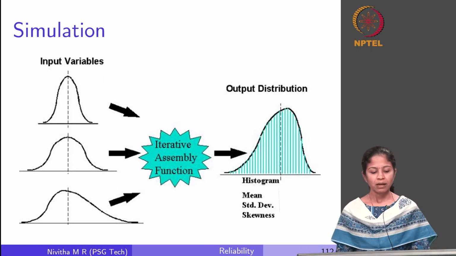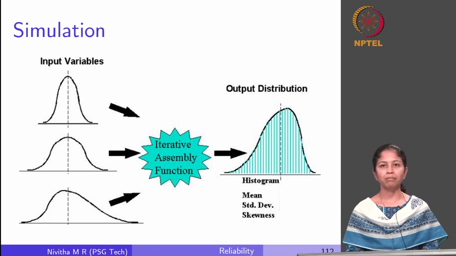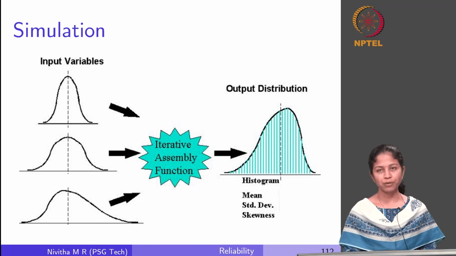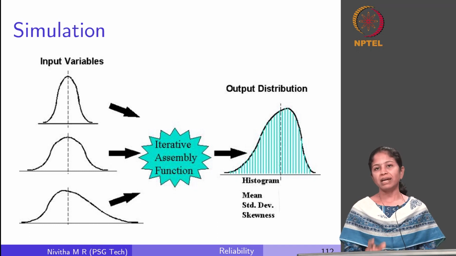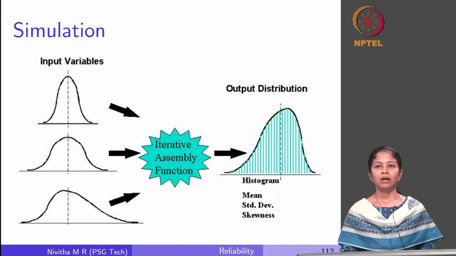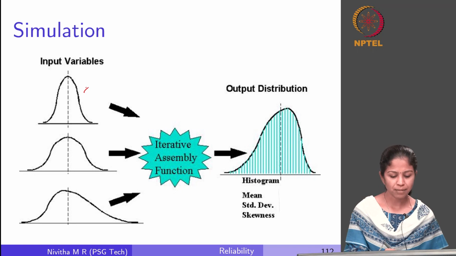Now we can see for each of my input variables, I am arriving at this distribution. Again, how do I get this distribution? To arrive at the distribution, we should have done some homework before. We typically collect data from the field. Let us say this is my thickness of